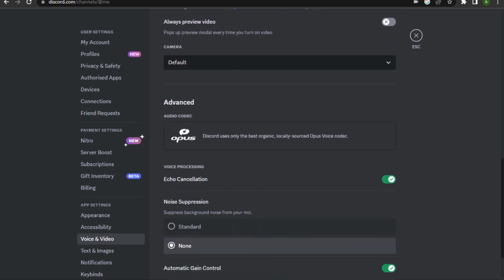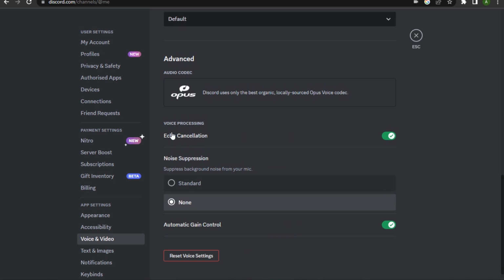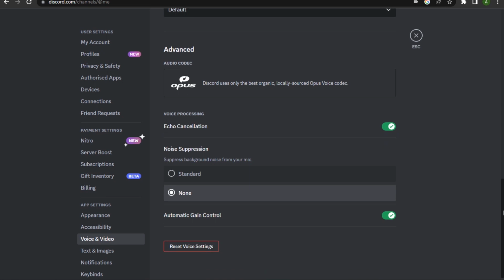Once you are done with that, go for the advanced options and go for the voice processing and go for the echo cancellation. Make sure it is turned on and make sure to go for the noise suppression and make it